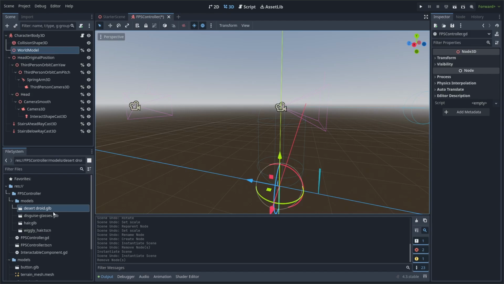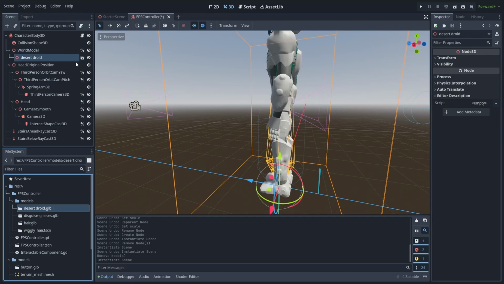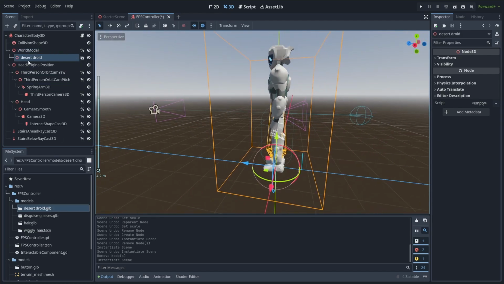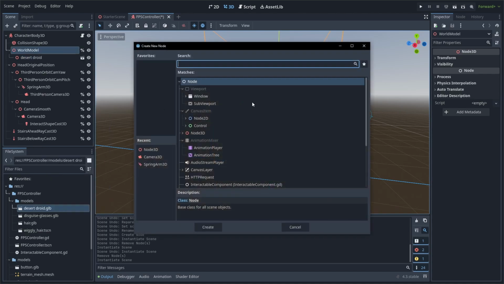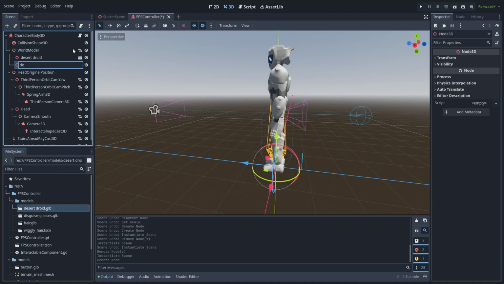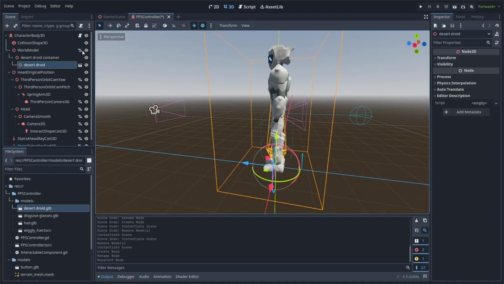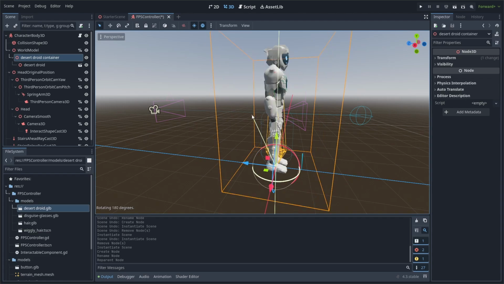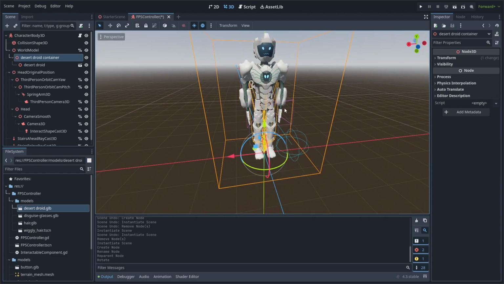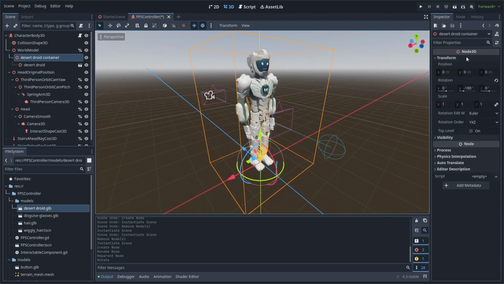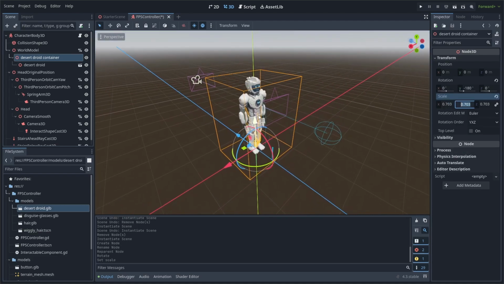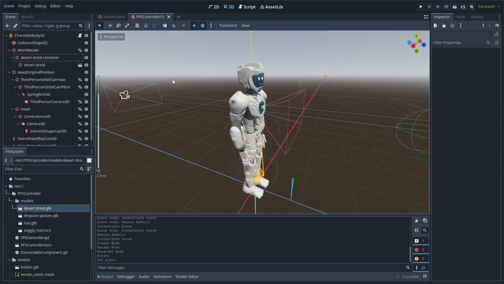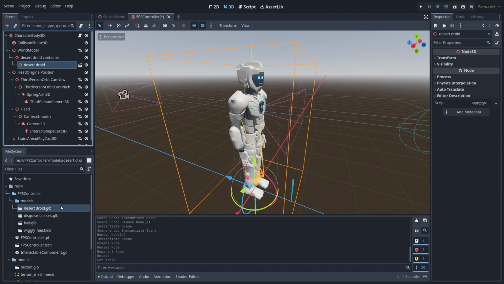So I'm going to put my Desert Droid model into the world model node, and he's actually backwards here. I need to resize him, so I'm going to make a container node for him. Put him in there and flip him around, hold control to snap to every 45 degrees or so. And I think 0.703 was a good scale, I remember. And so once you import a GLB,